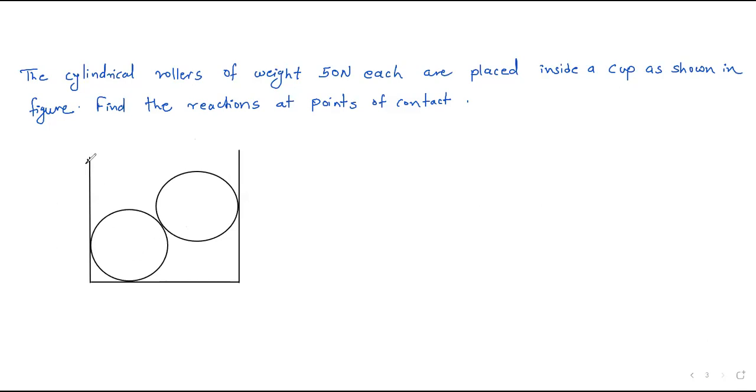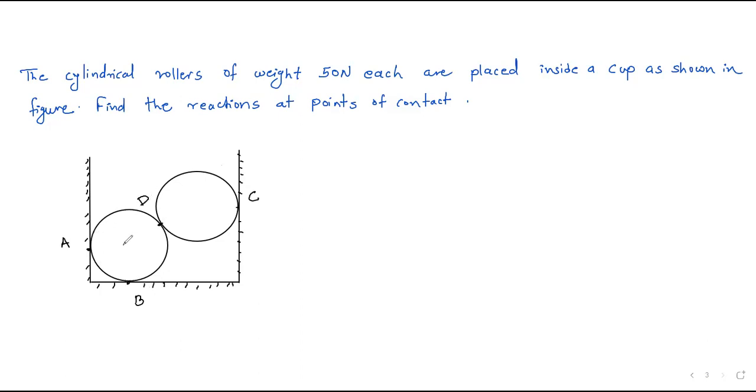First of all, I will mark it like this so that you can understand this is the surface which is in the contact. So this whole surface is not in the contact. Some of the points from this surface are in the contact with these rollers. So we will give some name to these points. Let us call this point as point A, this point as point B, then this point, it is point C, and here also two spheres come in the contact. So this point we will call as point D.